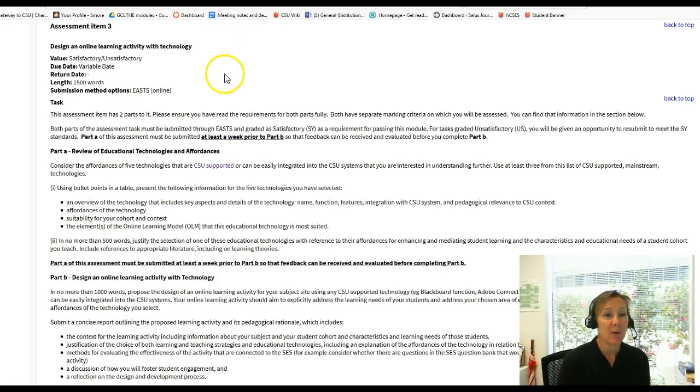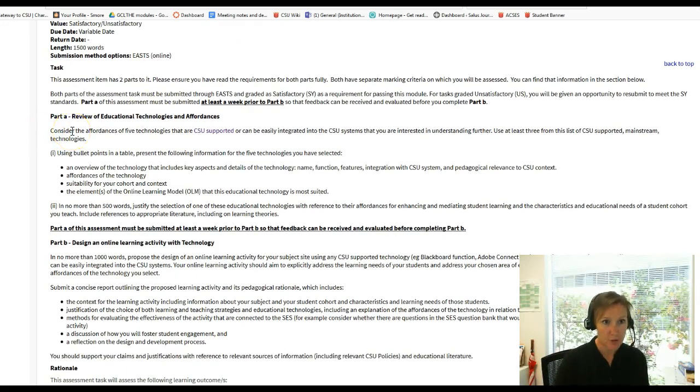Okay, so part A is asking you to review educational technologies and their affordances. So I'm asking you to look at 5 technologies, 3 of which need to be CSU supported. 2 of them don't have to be. They can be, all 5 can be if you want, but at a minimum 3 of them need to be